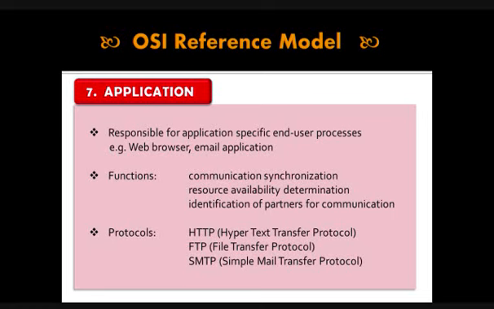The application layer is responsible for application-specific end-user processes and is the closest layer to the actual end user. Typical functions of the application layer include communication synchronization, resource availability determination, and identification of partners for communication. Some examples of application layer protocols include Hypertext Transfer Protocol or HTTP, File Transfer Protocol or FTP, Simple Mail Transfer